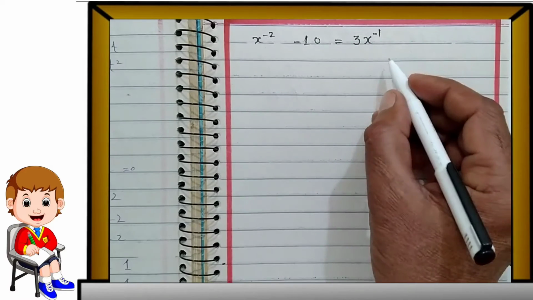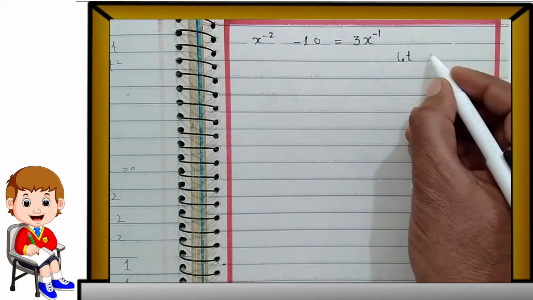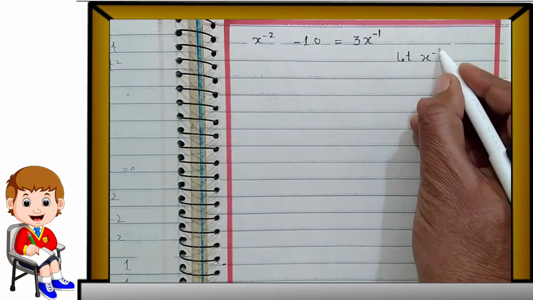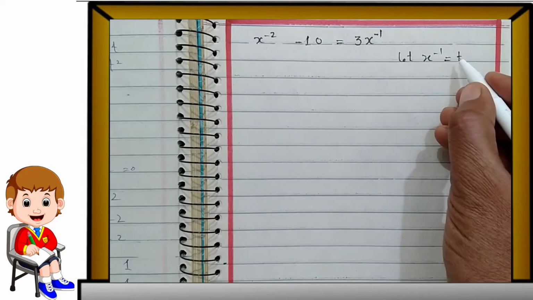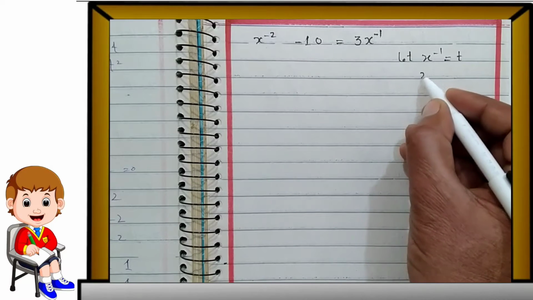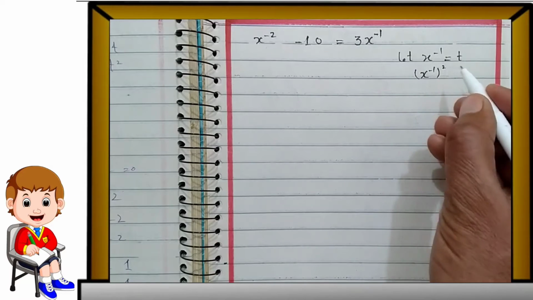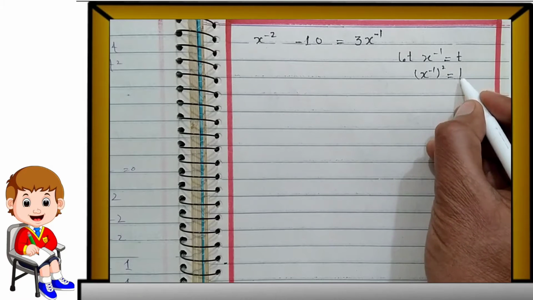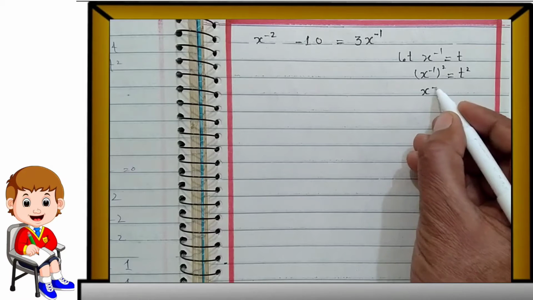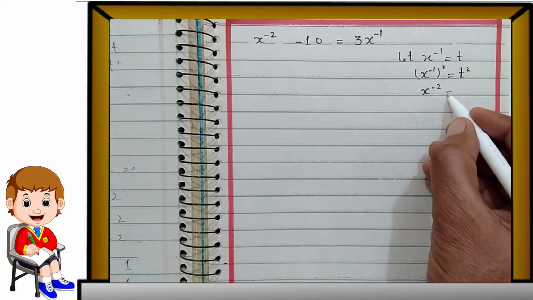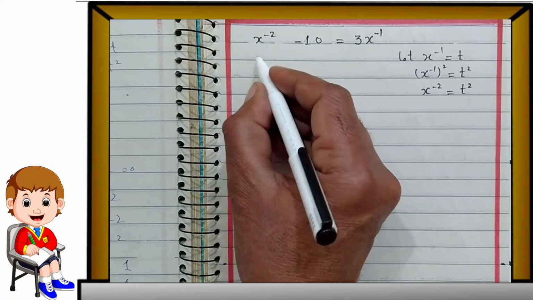Now we let x raised to minus 1 be equal to t. By squaring both sides, (x raised to minus 1) squared is equal to t squared. Now we put x raised to minus 2 equal to t squared. Putting these values in the equation,